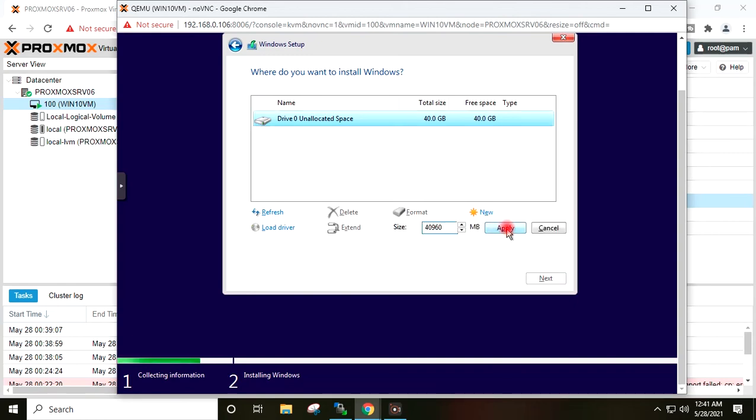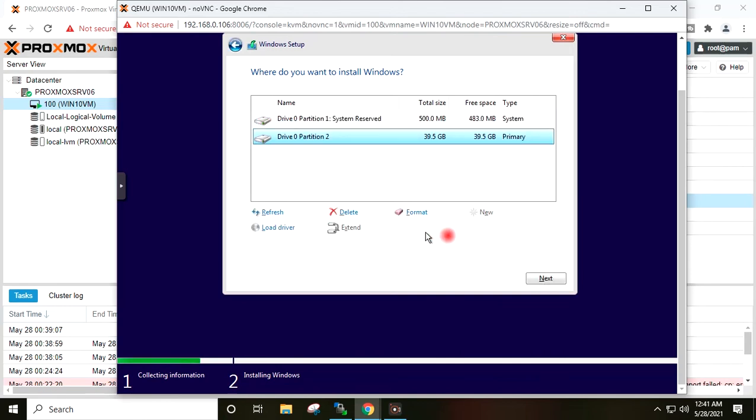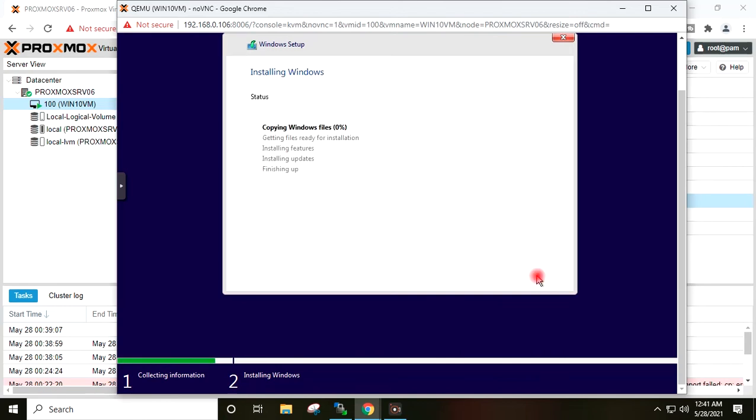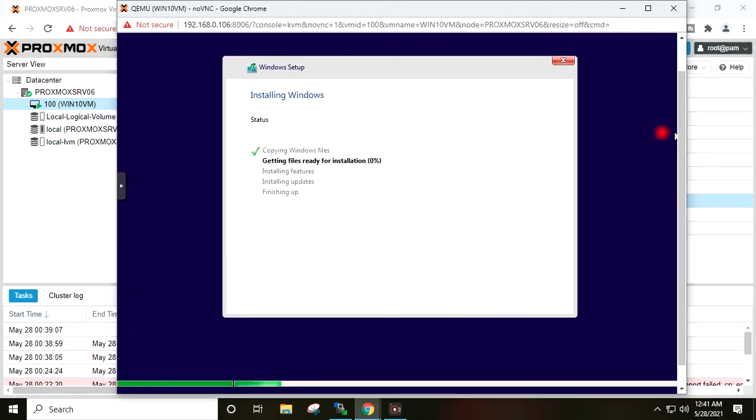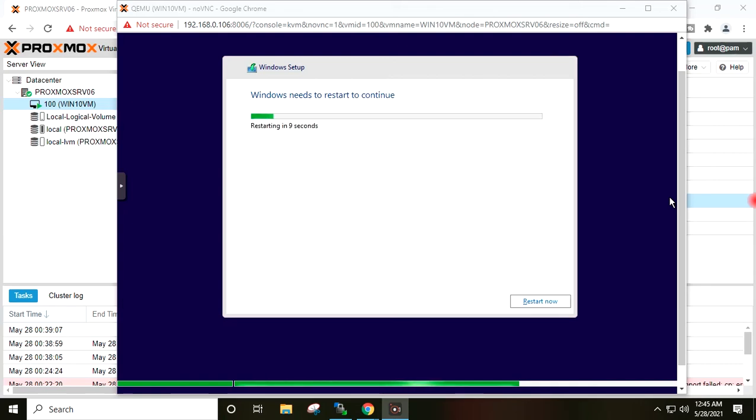New, apply. OK. Partition created. Next, operating system installation has started. It is starting first time to complete the installation.